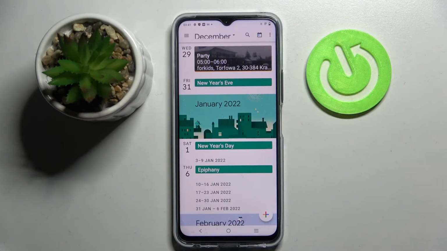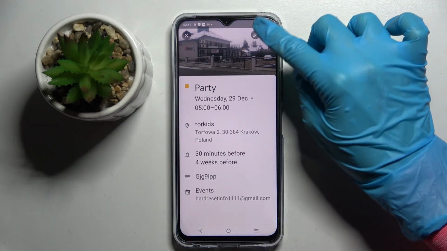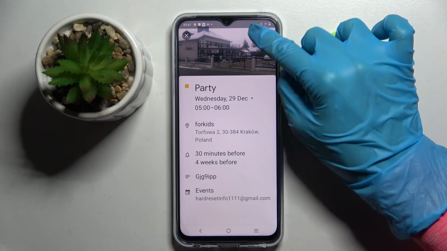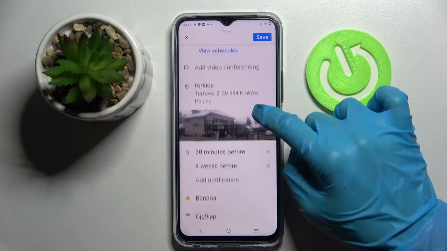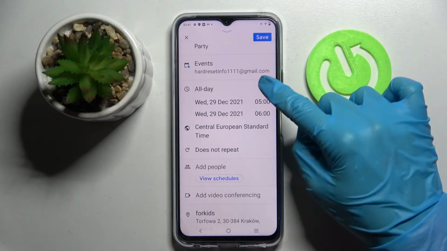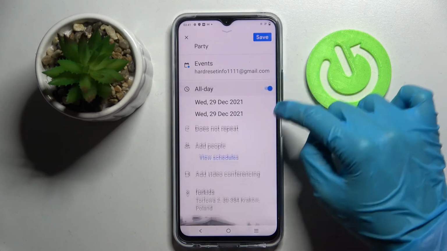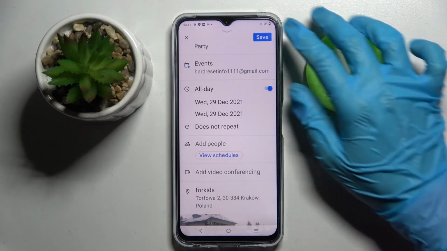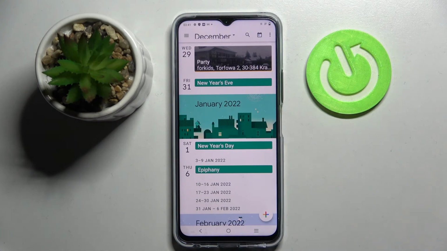You can always edit it though by clicking on it, tapping on this pen icon at the top right corner and making your changes. I will, for example, change an hour, disable an hour completely and tap on the switcher next to all day. Then just save at the top right corner,